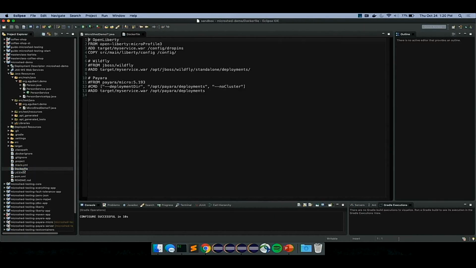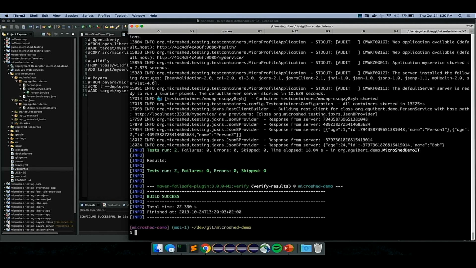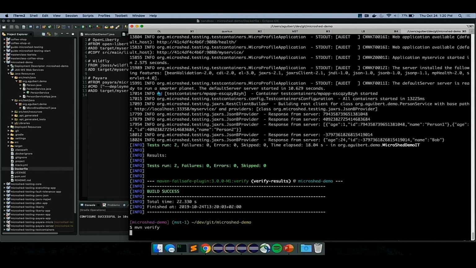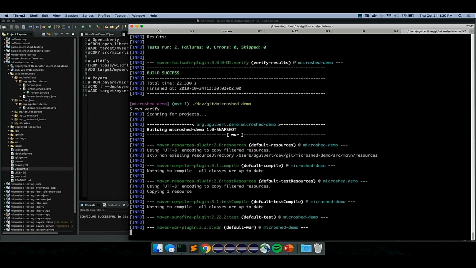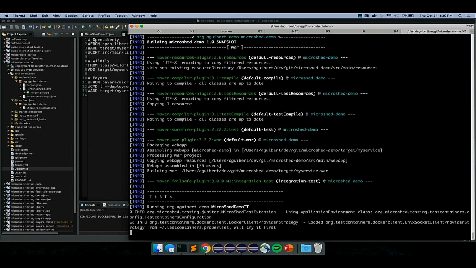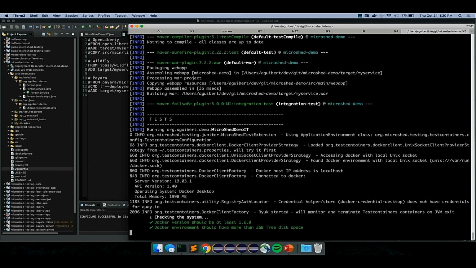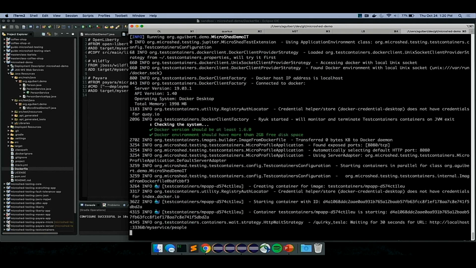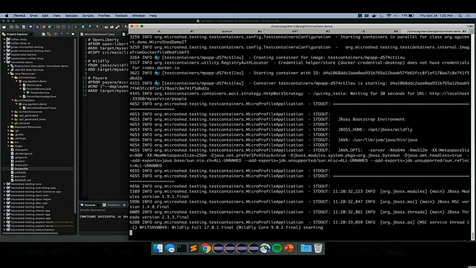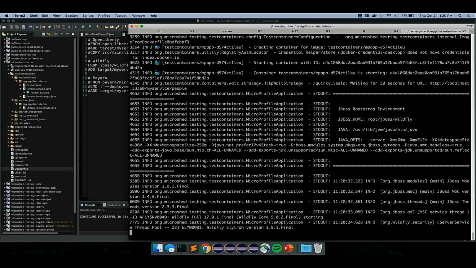Now I can go over to my Docker file. This is how MicroShed testing knows what container to build to run for my tests. I'm going to comment out the Open Liberty lines, and I'm going to switch to running with WildFly. If I haven't changed anything else in my code, the tests are still the exact same. I just changed the Docker file, and now I'm rerunning the tests, and we'll see instead of Open Liberty messages coming through in the log, now my application is testing